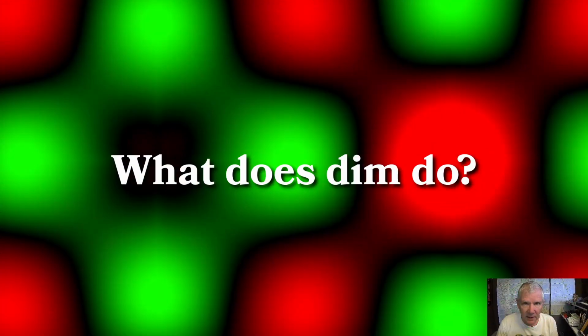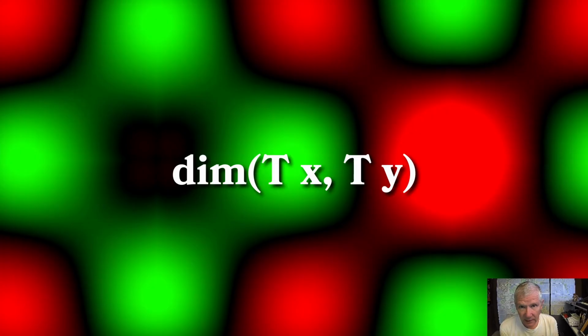What does dim do? In this video, I'm going to explain what the dim function does in Affinity Photo's procedural texture filter. So when I first saw the dim function, and in the documentation it's written dim XY, I immediately